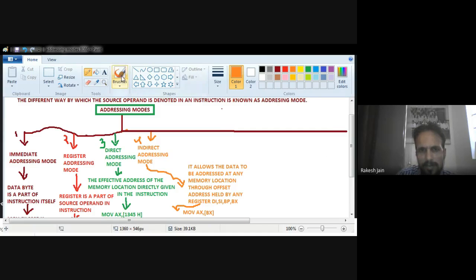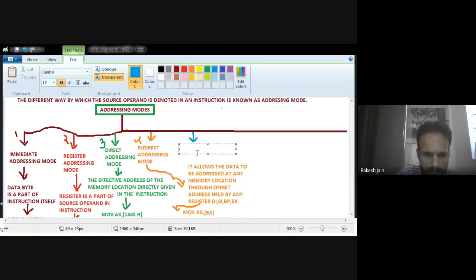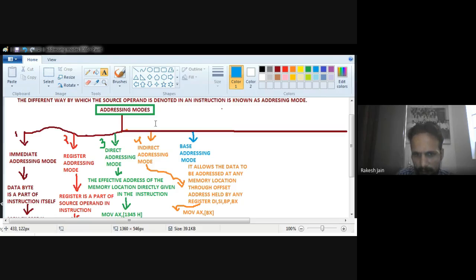Now I am going to explain to you about the base addressing. See very carefully. The fifth addressing mode is my base addressing mode. What is the meaning of this base addressing mode?